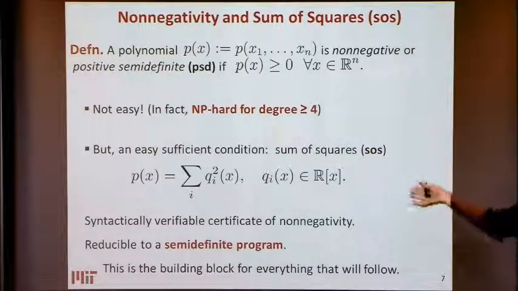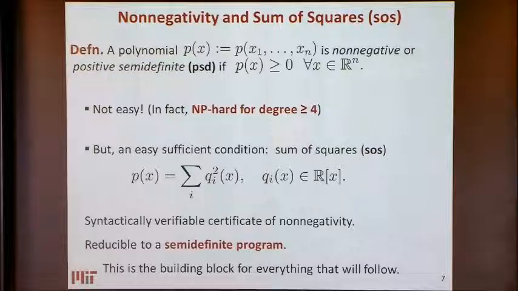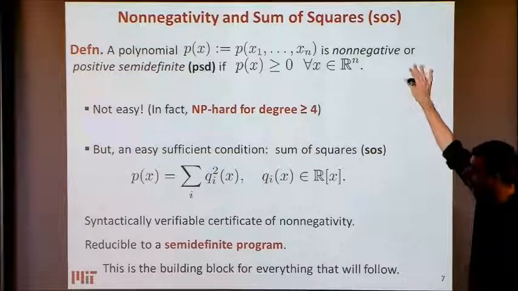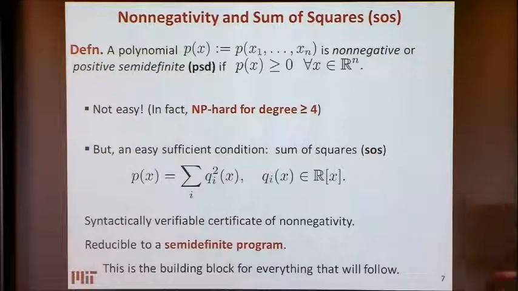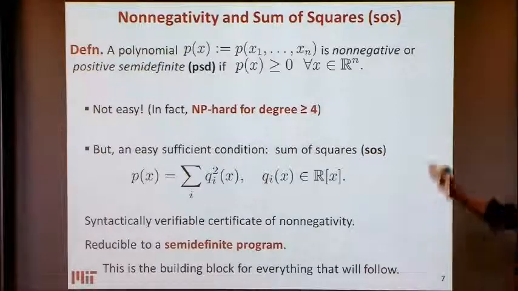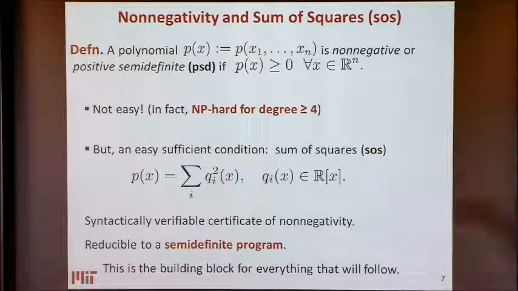Everything that I'm going to say will extend to other domains, but just to make things simpler, I'll just deal with global non-negativity of a polynomial. So of course, if p is quadratic, that's easy. I have a quadratic form, I check eigenvalues, or actually, I just check if a matrix is positive semi-definite, and I'm done. But if the degree is greater than or equal to 4, then that's already NP-hard. I give you a quartic polynomial, we cannot efficiently decide whether this polynomial is non-negative or not. It's NP-hard as a function of the number of variables.